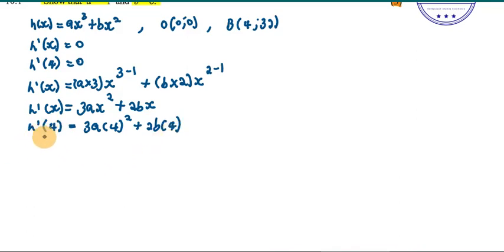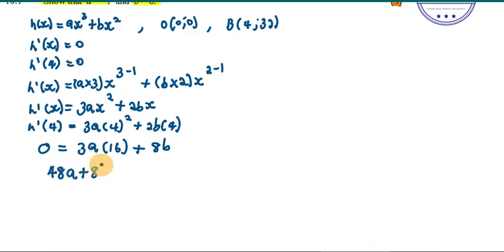Okay, I know that the gradient at the turning point is equal to 0. H prime of 4 is 0. Then here I'll be left with 3a times 4 squared, which is 16, plus 2 times 4, which becomes 8b. Here, if you multiply 3 times 16, it will be 48. So I'll be having 48a